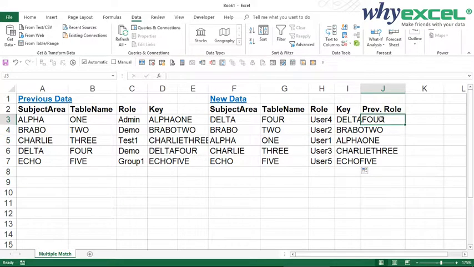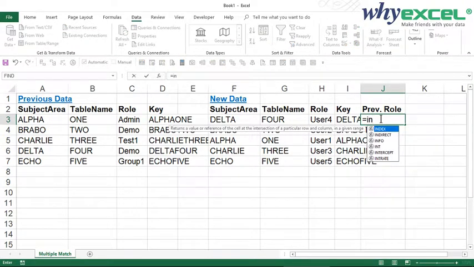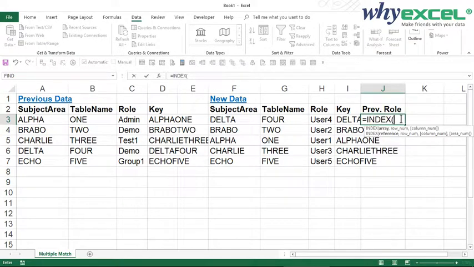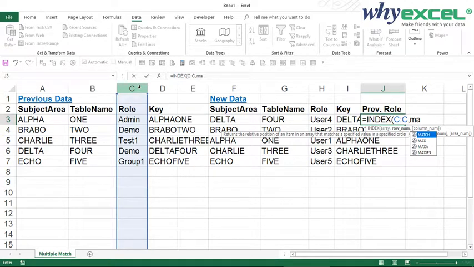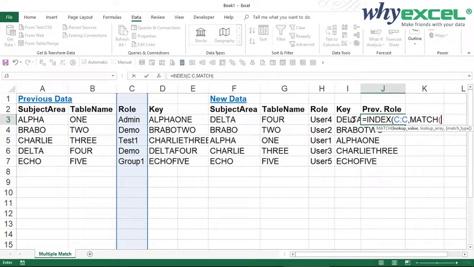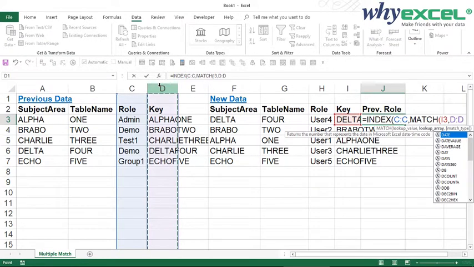Let's see. I'm going to use match index to get this over. So equal INDEX. When I see the INDEX is highlighted, I use the tab key to auto-complete this with an open parenthesis. Subsequently, select the column where we want to return the values from the previous row, which is in column C, and comma. I want to buy matching, MATCH. You will see the MATCH is highlighted. Therefore, you press the tab key and select our own key, and comma, by matching my key against the series of keys on the other side.